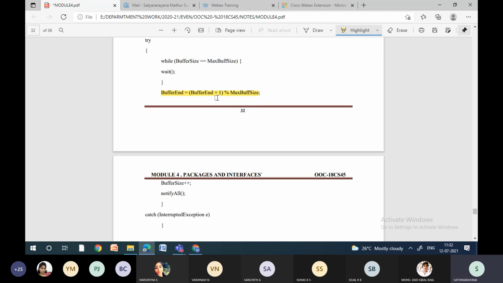What is the purpose of this? To check whether the buffer is full or not, like if there is an empty place in it or not. That we checked here. Why do we need to do this?